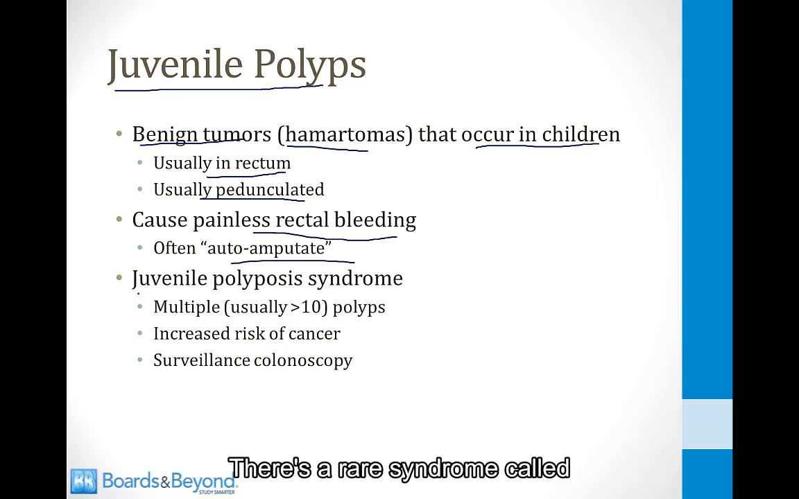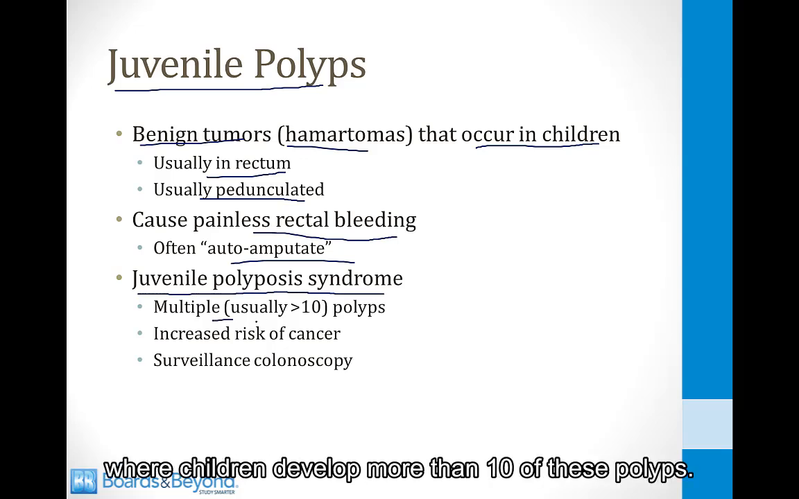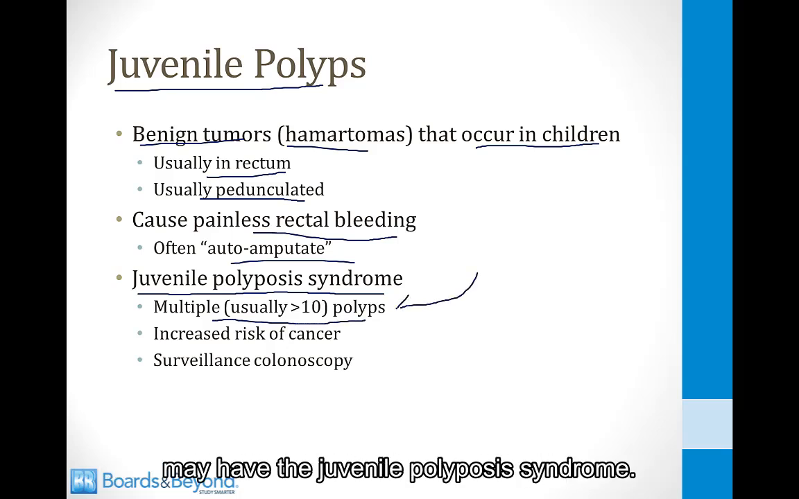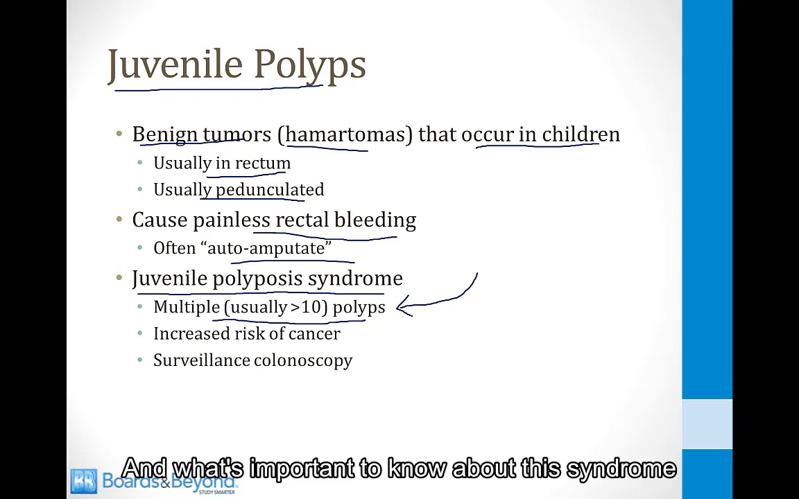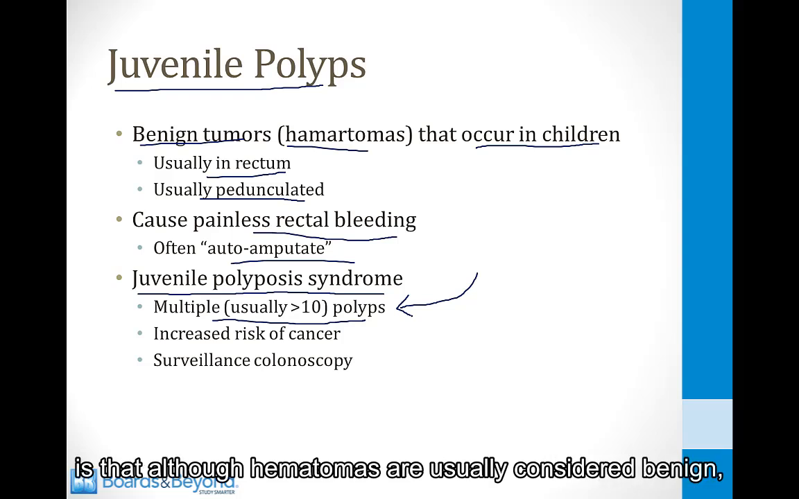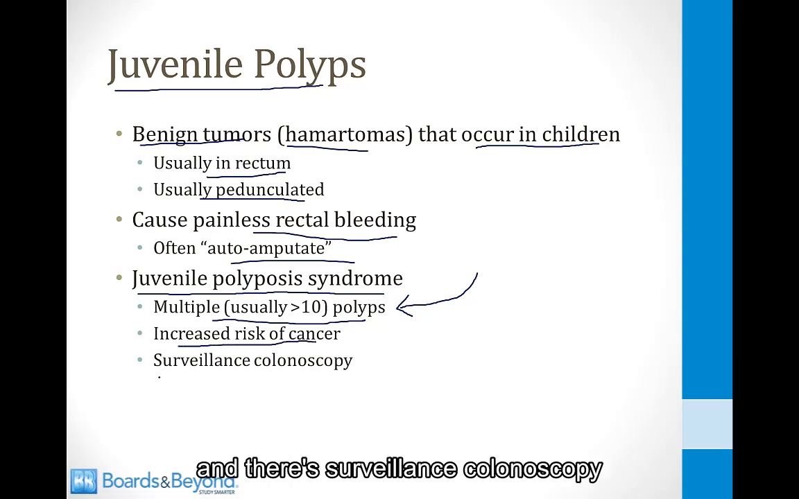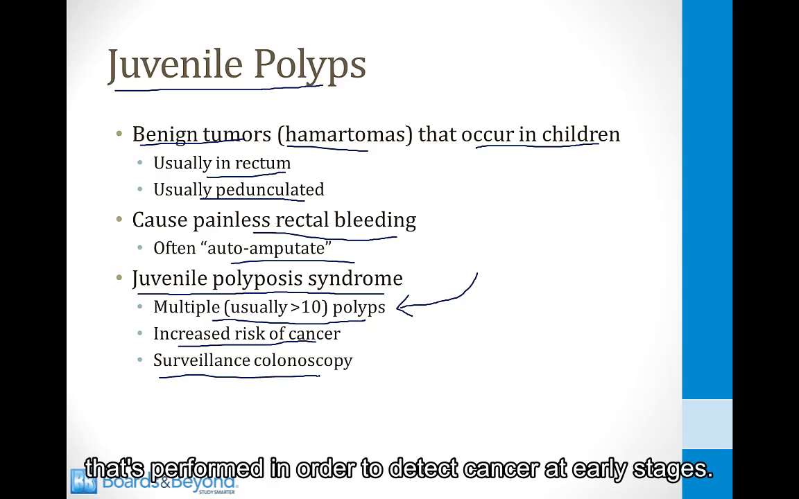There is a rare syndrome called the juvenile polyposis syndrome where children develop more than 10 of these polyps. Usually it is an isolated solitary polyp, but a child with more than 10 may have the juvenile polyposis syndrome. And what's important to know about this syndrome is that although hamartomas are usually considered benign, children with the juvenile polyposis syndrome have an increased risk of cancer, and there's surveillance colonoscopy that's performed in order to detect cancer at